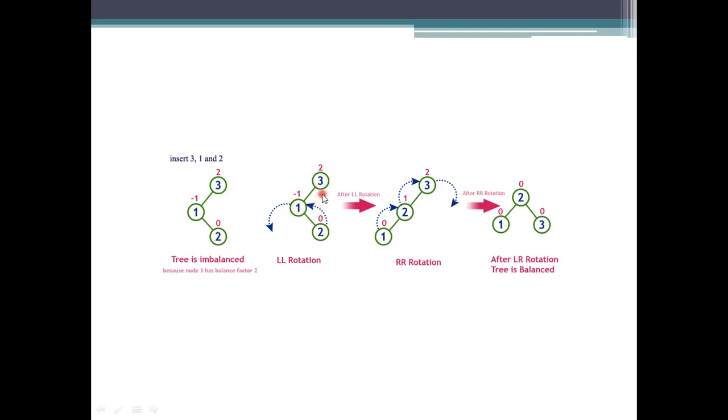First we need to make it a left skew tree and then we need to perform the rotation there. How I am going to perform this is, LL rotation has to be done. So move this one to the left side, and along with that move this one to the left side. So here the 2 will be replacing the 1 and this 1 will become the left child node of the 2. And then we have the values here: 0, 1 and then next 2.